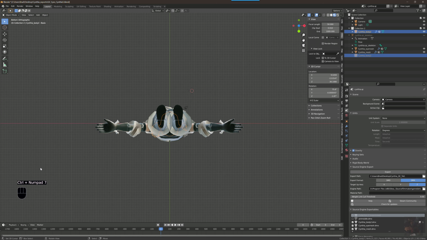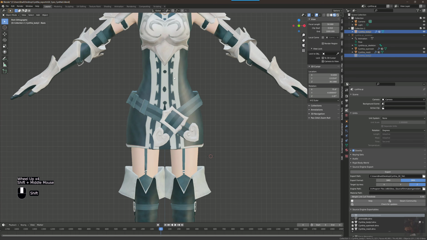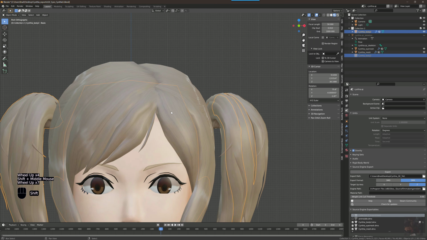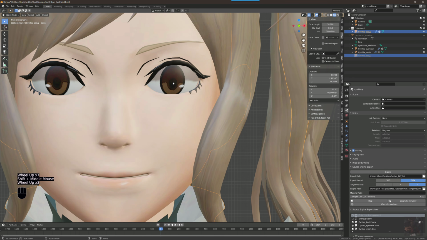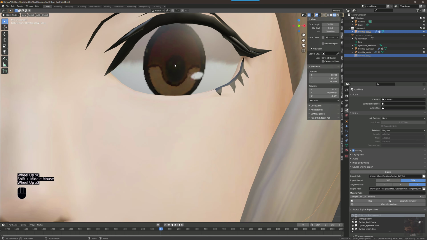So I use numpad 1, get into the front view, and basically from here I can now zoom in on the model and get close and personal with the eyes and start my gathering up